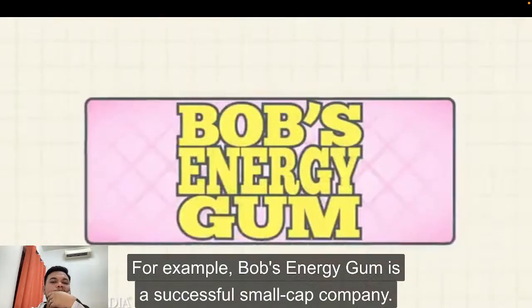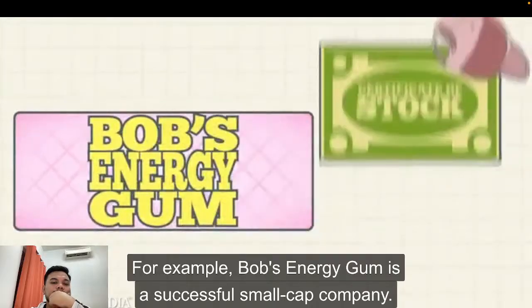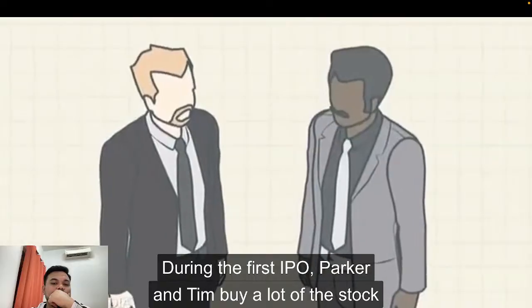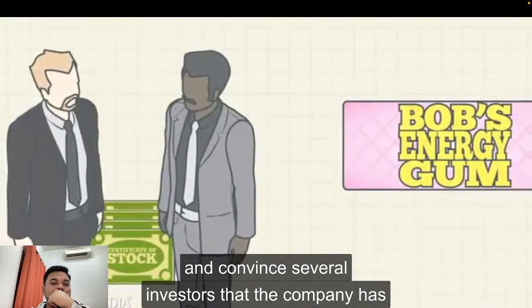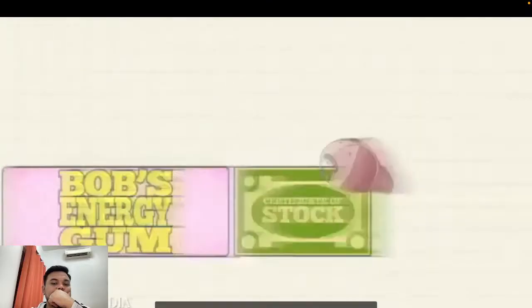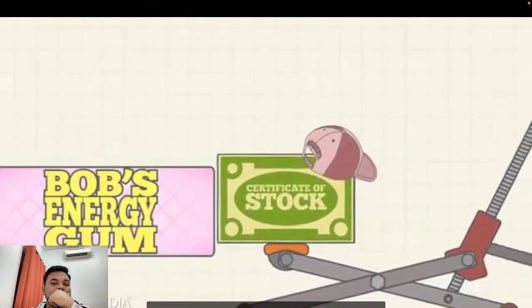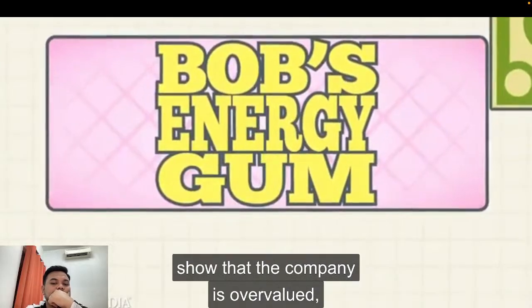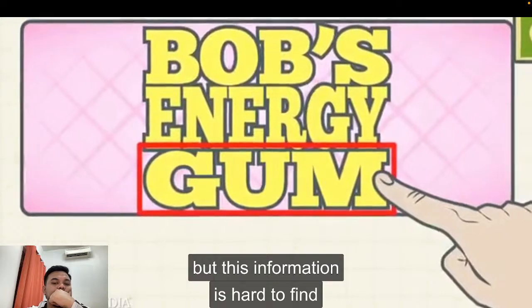For example, Bob's Energy Gum is a successful small cap company. During the first IPO, Parker and Tim buy a lot of the stock and convince several investors that the company has potential for serious growth. The stock's share price soars. However, the company's fundamentals show that the company is overvalued, but this information is hard to find because it's a